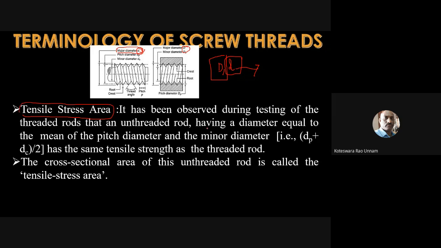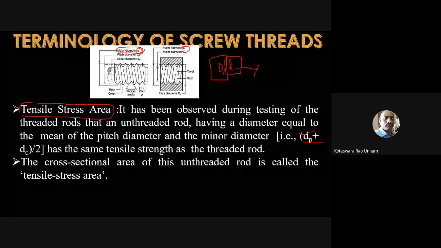So instead of calculating (dP + dC)/2 and from that diameter calculating the tensile stress area, in the data book, whatever values are there are calculated based on this diameter only. But instead of calculating every time, what we can do is we can